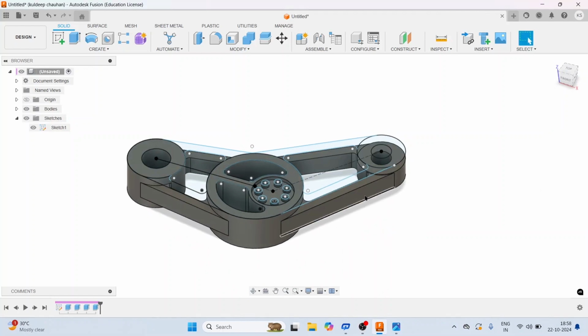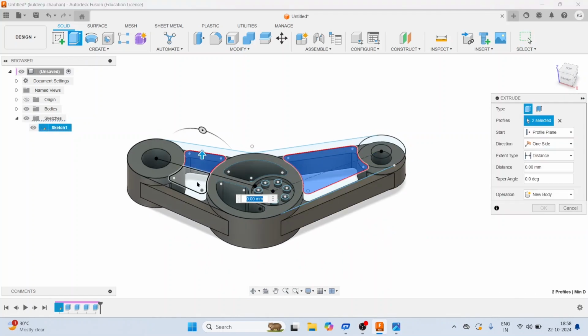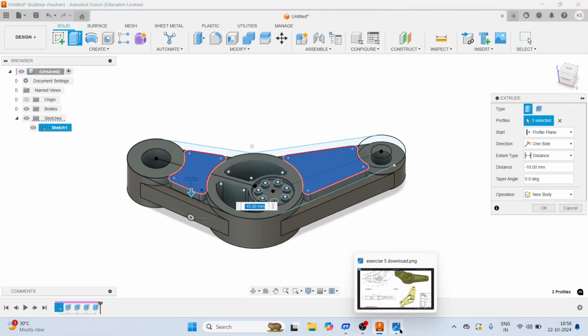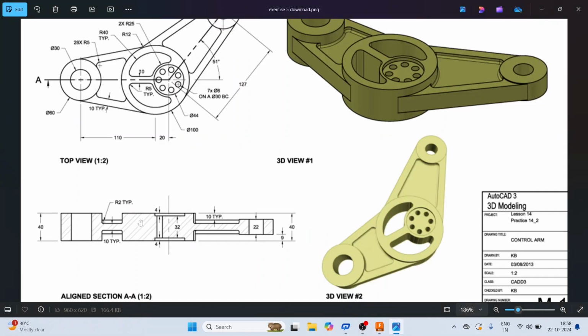Now we have only these two parts left. Let's check how much it will be extruded. Keep it downward. Now you can see from here, this extruded distance is 10 mm. This distance is 10 and this is 5. Here we can see it is given 2.